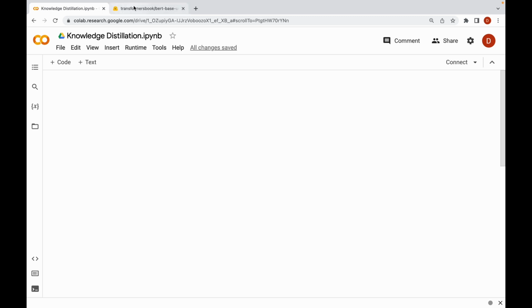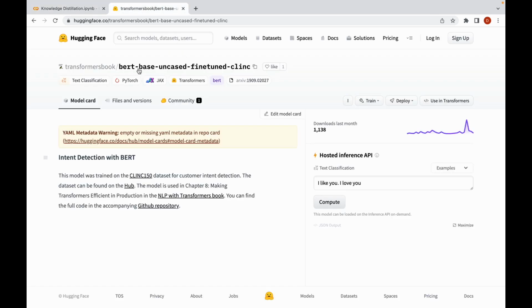The teacher model that we will be using in this session is BERT-base-uncased fine-tuned on CLINC. So this model we need to compress it and we need to improve its inference time. Now this particular model was trained on the CLINC 150 dataset which is used for customer intent detection. So as I have already stated in the first part, we will be solving the problem of intent classification and hence we will